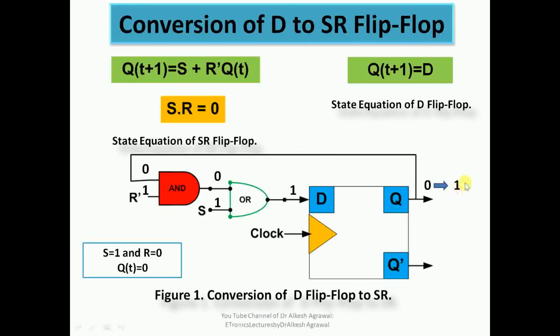And we know in a D flip flop when D is 1, the next state is 1. So this previous state 0 changes to 1, but now this whole flip flop is behaving as a SR flip flop, because we know that in SR flip flop when previous state is 0 and S is activated and R is not activated, the next state is 1. So here also you can see when S is 1, R is 0 and previous state is 0, the state changes from 0 to 1. So this whole flip flop is easily converted into SR flip flop.